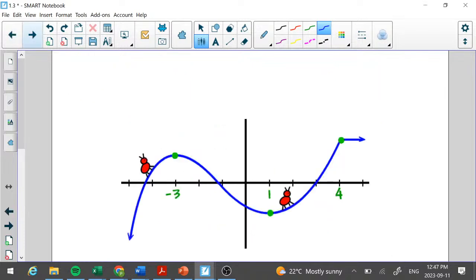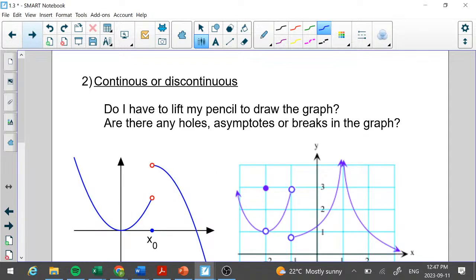The next property is going to be continuous or discontinuous, and this one is pretty obvious. What does continuous mean to you? Versus